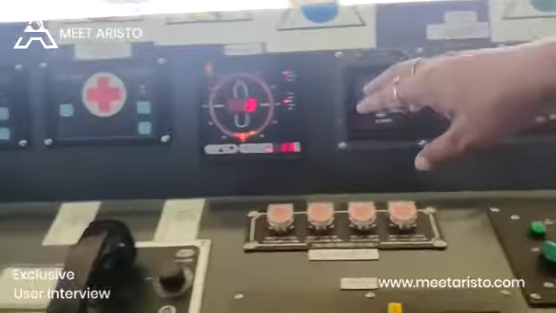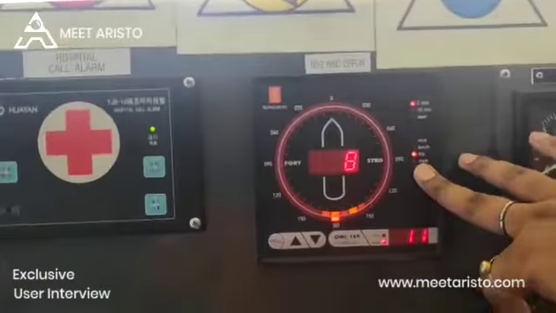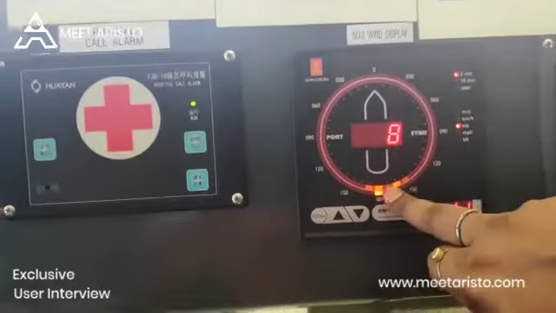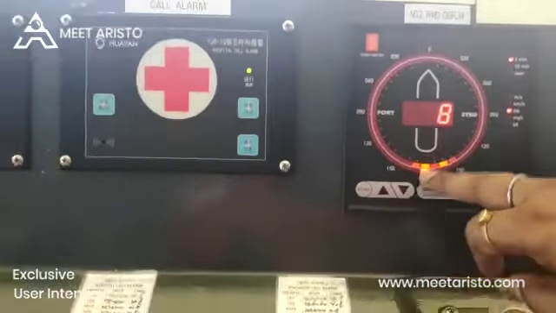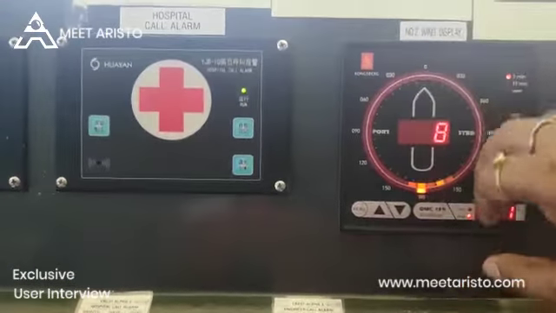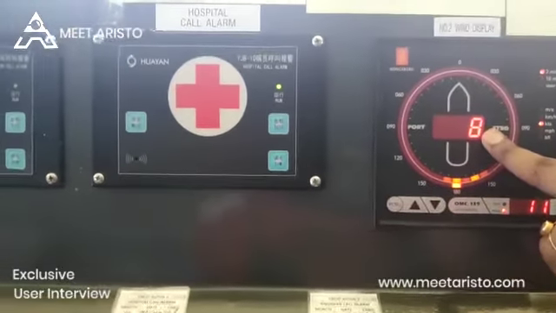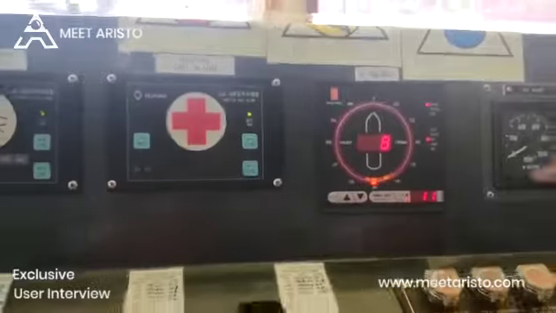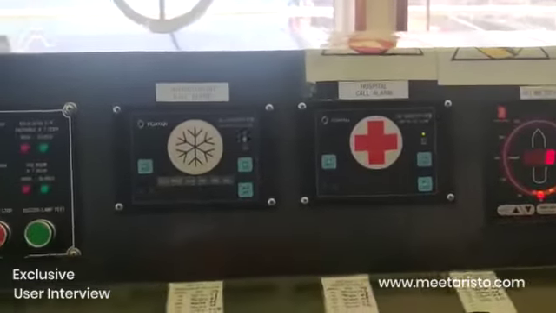This is called an anemometer. The purpose of this is to get the wind speed and the wind direction. Right now it's showing the direction from which the wind is blowing, and this is the wind speed, 8 knots. Everything is in knots on the ships, and the ship's speed is also in knots. There are other things, but these are the basic things we are doing here.